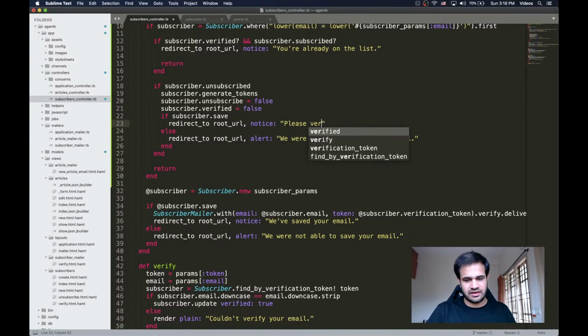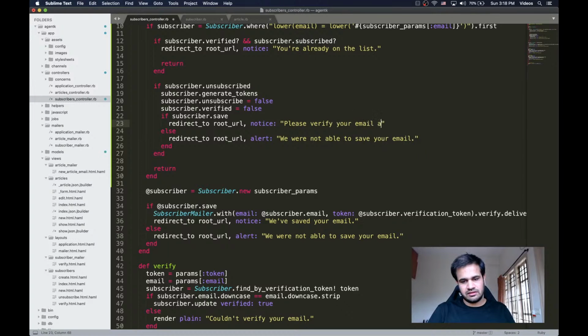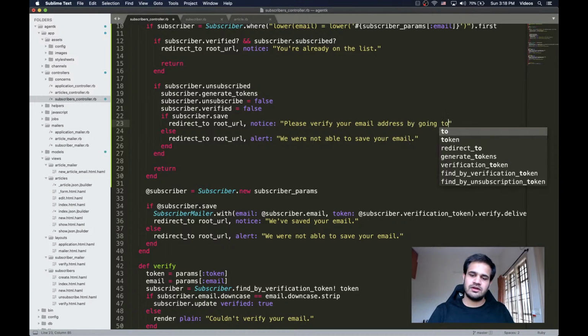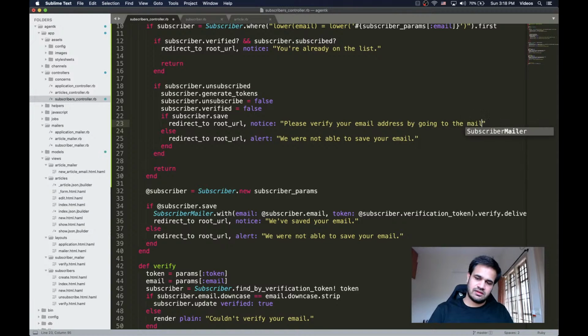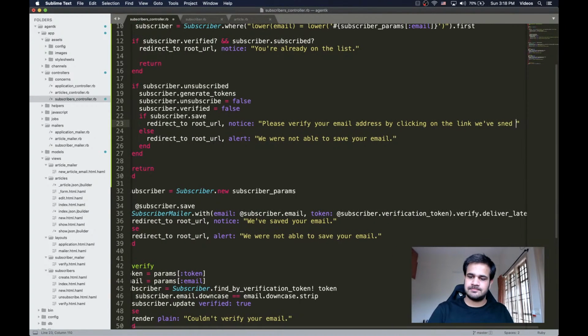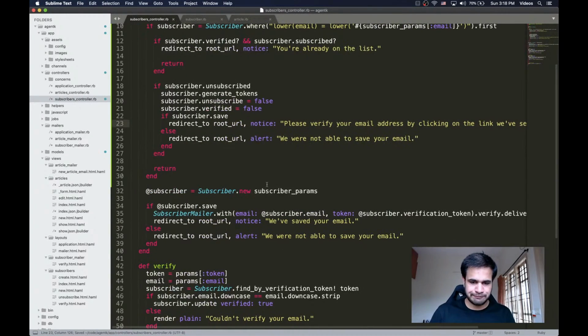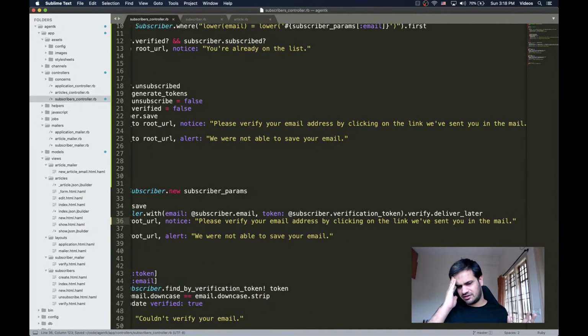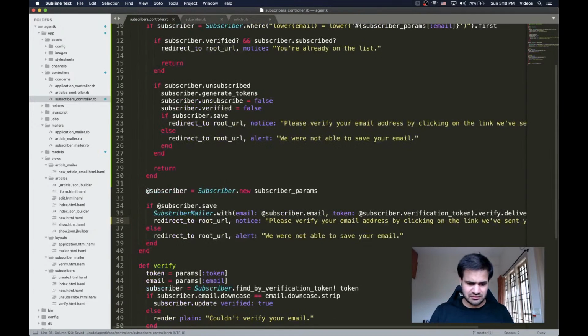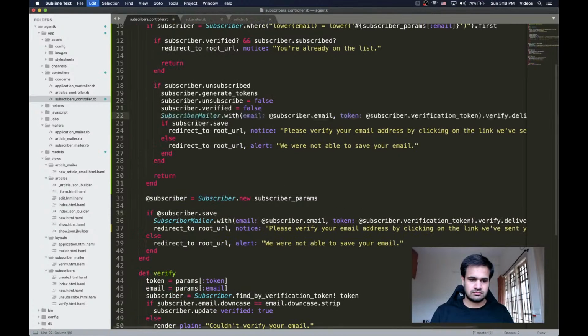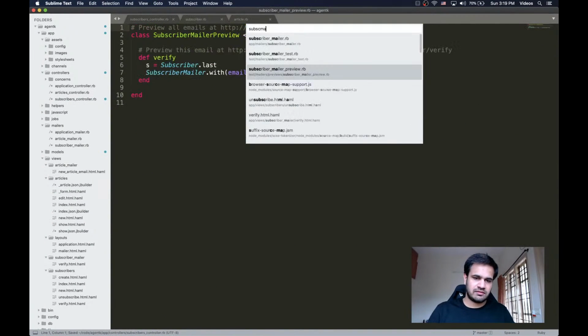Please verify your email address by clicking on the link we have sent you in the mail. And I think I can use this text for this as well, because "we have saved your email" doesn't really mean much. And subscriber mailer,